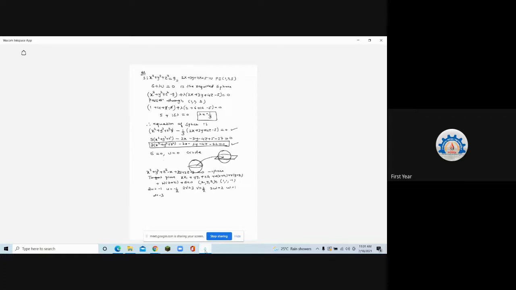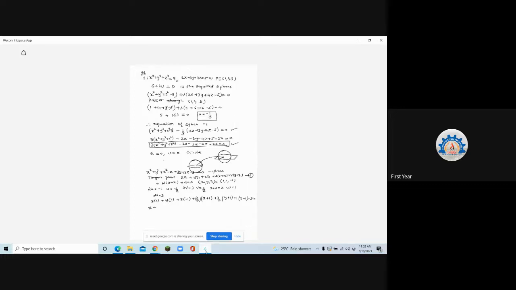So put it in this equation. I'll call this equation 1. So you'll get x into x1, that is x into 1, plus y into y1, that is also 1, plus z into z1, that is minus 1, plus u is minus half into x plus x1, plus v is 3 by 2 into y plus y1, then plus w, that is 1, into z plus z1, that is minus 1, and then plus d is minus 3 is equal to 0.